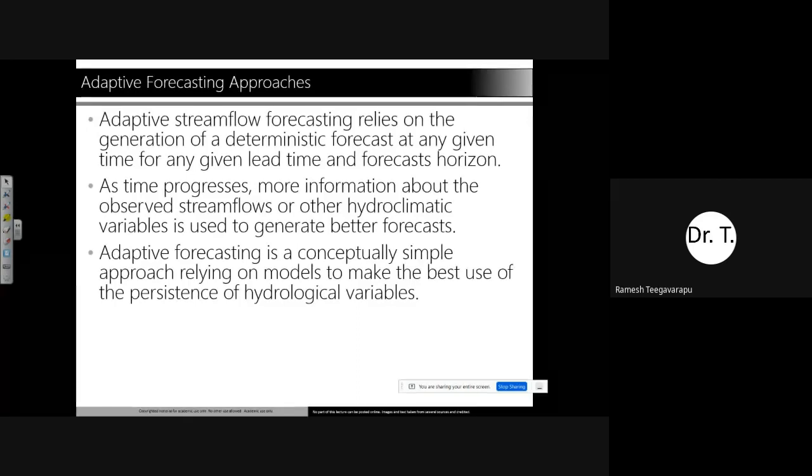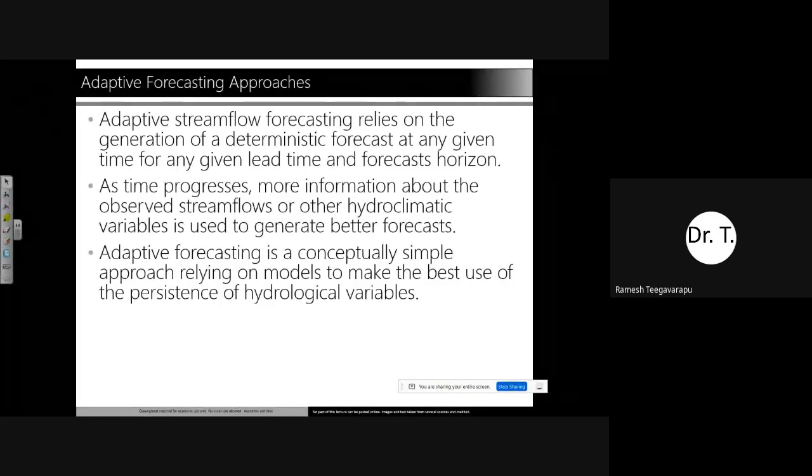Adaptive streamflow forecasting relies on generation of a deterministic forecast for the next few days, and you should distinguish between the forecast horizon and the lead time. The forecast horizon is the forecast you are trying to give for a specific period, and lead time is a little bit of extra time which you can use to help with warnings, alerts and watches.